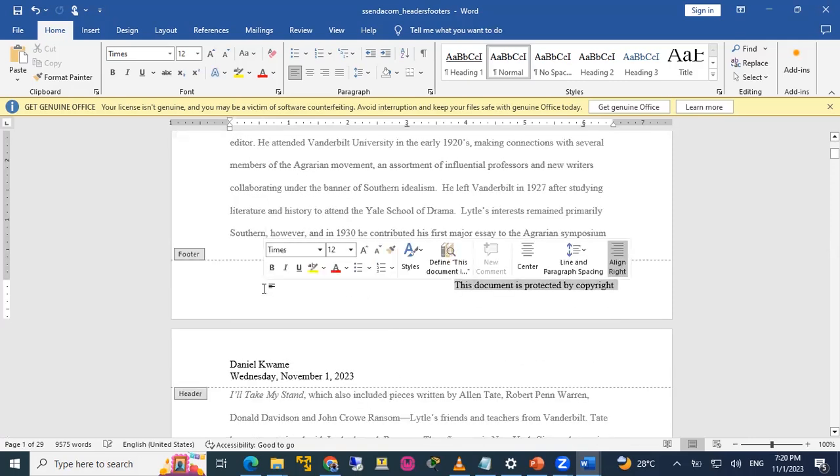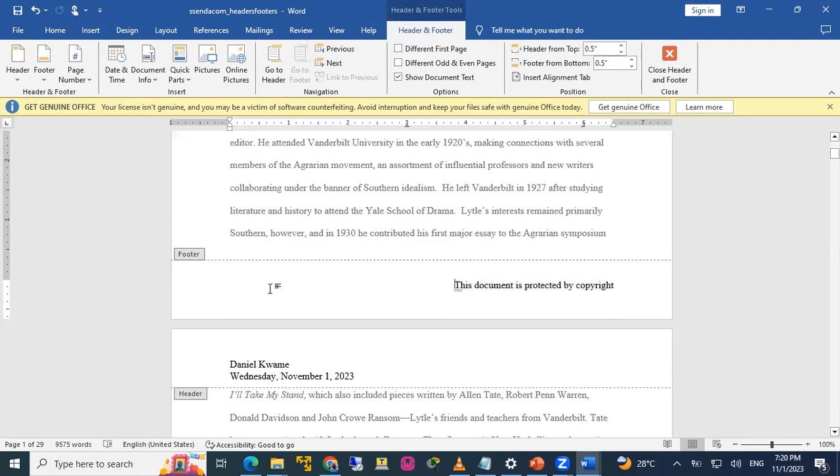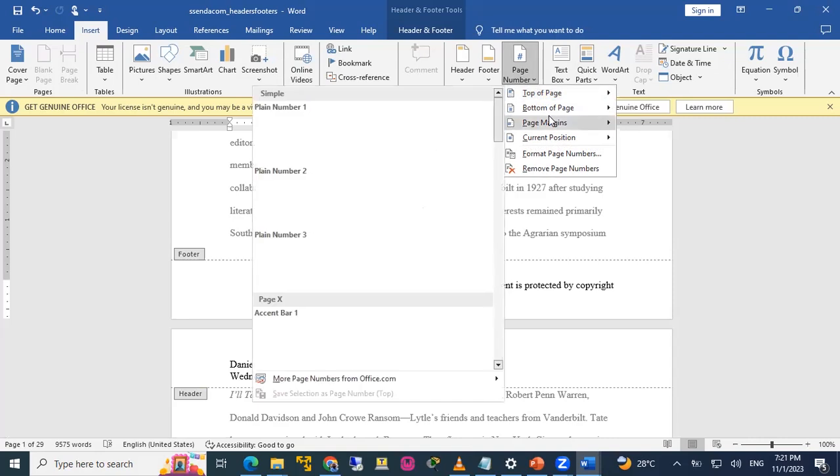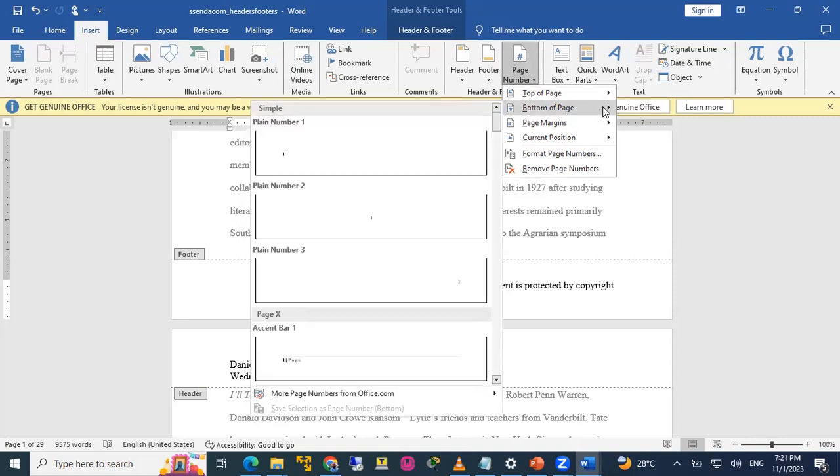So I can double click here. Once I double click here, this will show on the header and footer what? Ribbon. But normally you have to go to insert and then go to, on the right side, you see page number. Click on the drop down and say, maybe I want to start from what? The top of the page, bottom of the page. We want to use the down there. So you go to the bottom of the page and you select any style you want to use.